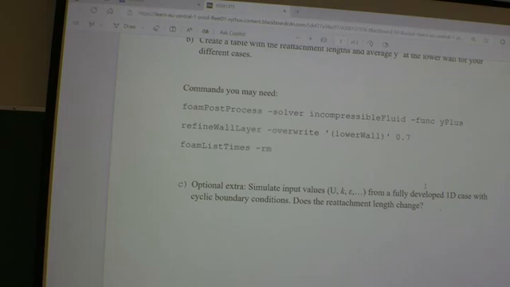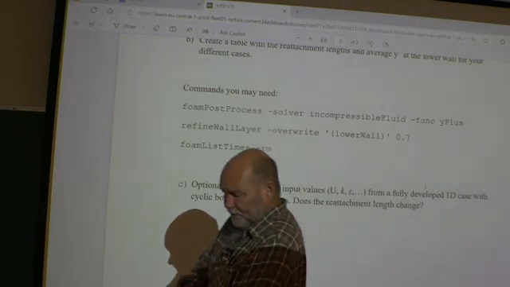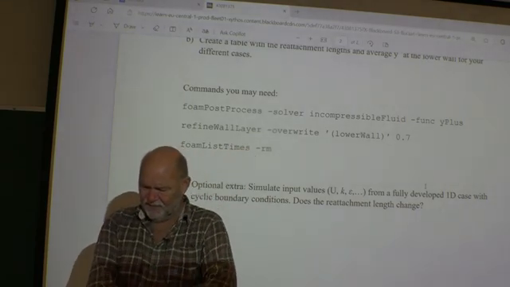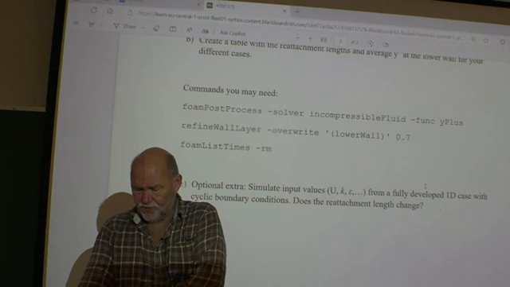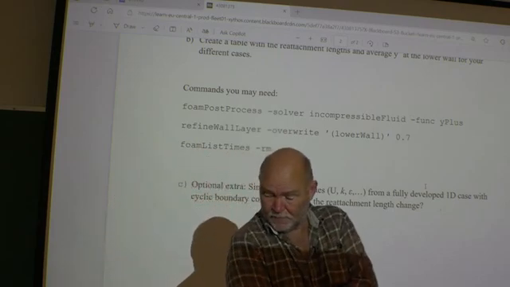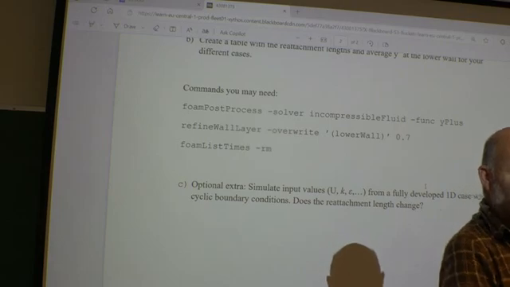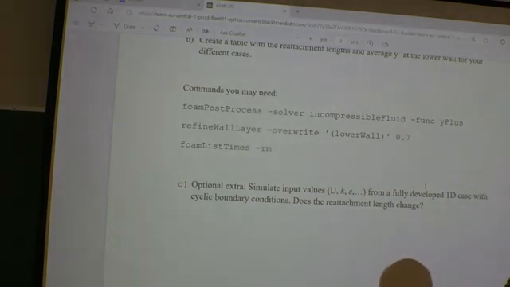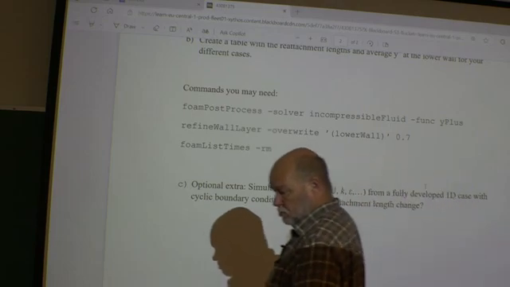Now, sadly, the version I have, well, I can make it work for me, but I have an older version, and that's not so good. I've tried to install the latest one, but my PC couldn't handle it. I have to find another machine, because I would like to have the latest version, the same as you have. That would be a little bit easier.